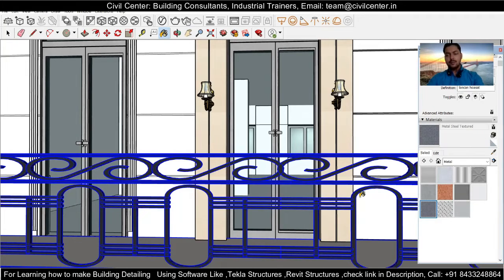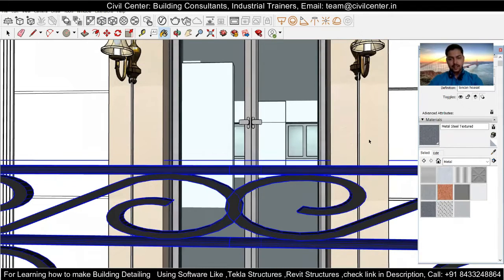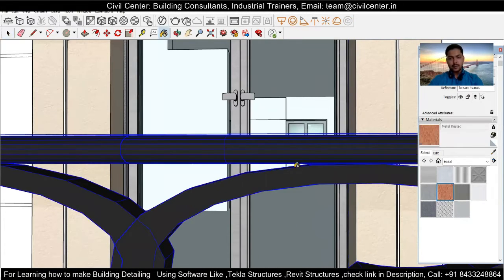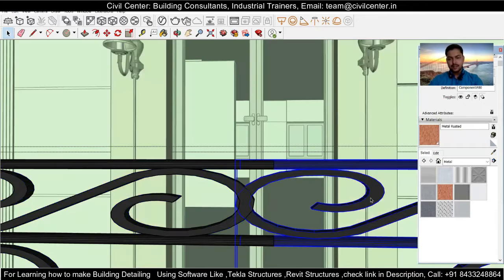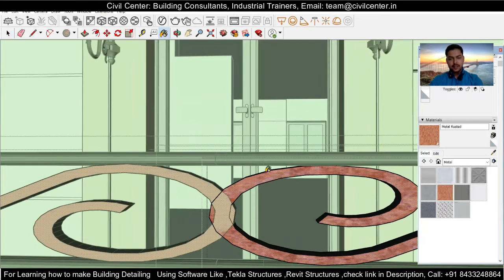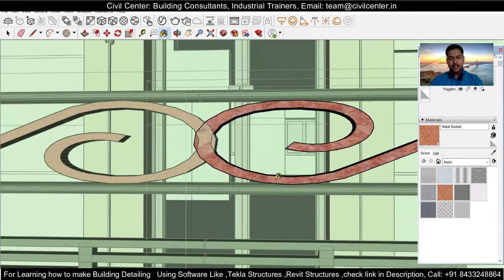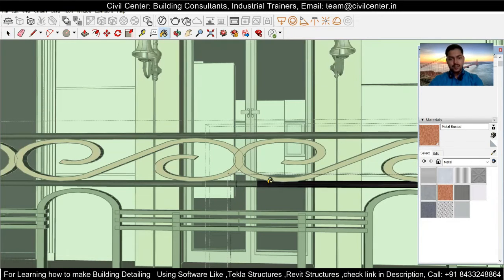So I will go for the aluminum, and for that I will just give it a different material. Now let's see if it has been changed or not. So let's try it by providing this material and let's see if it is changing or not. Okay, so let's provide this one. We need to go in the group in order to provide the material, and you can see the material has been provided to this. So I can provide any material over here, because what I need to do, I will have to change this